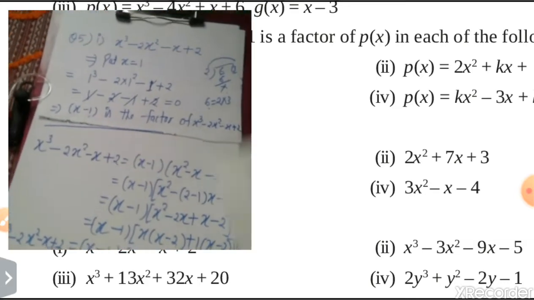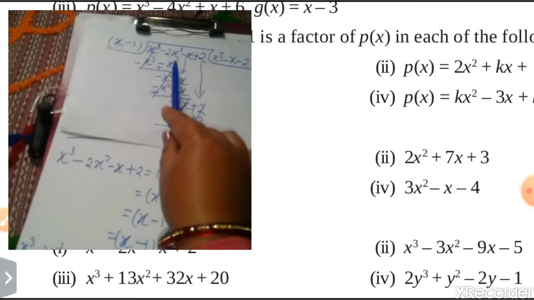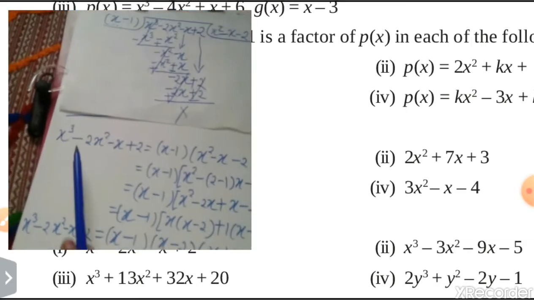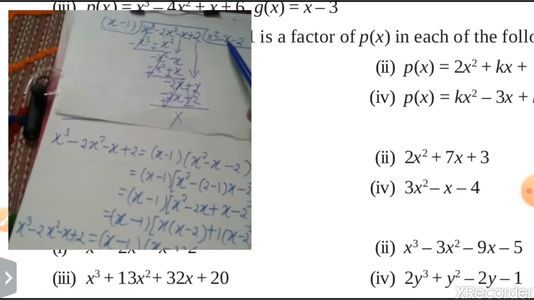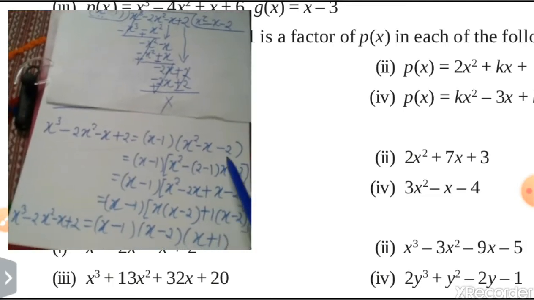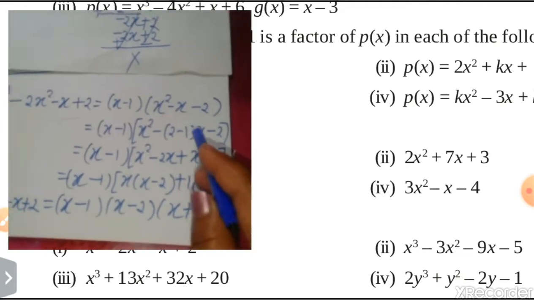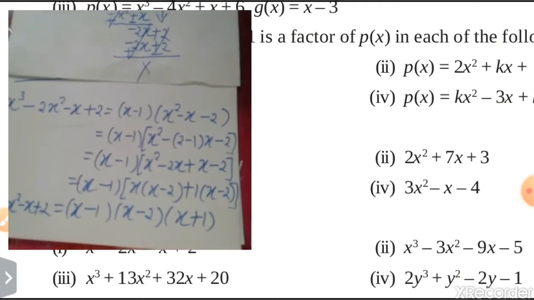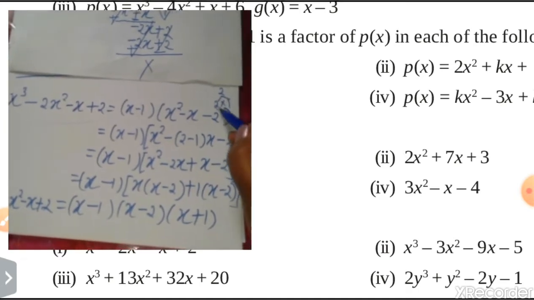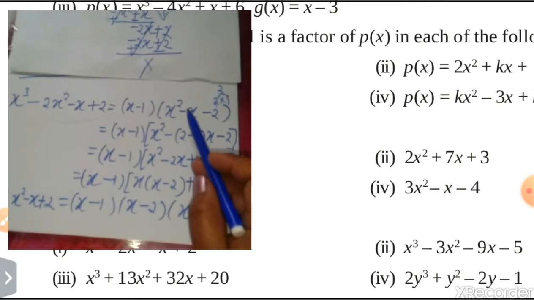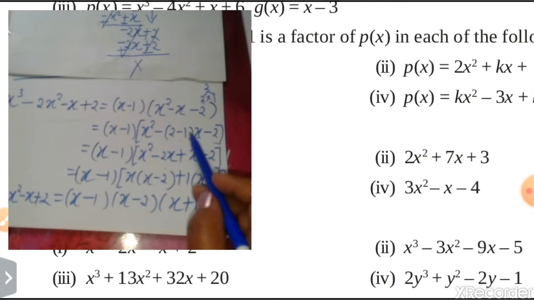So what will we do? You can see that after this process, this is equal to this multiplied by this. So this whole polynomial is equal to x minus 1 multiplied by x square minus x minus 2. By the other process you know very well, by splitting the middle term, we will solve it. We will factorize 2 in such a way that we get 1: 2 ones are 2, and 2 minus 1 is equal to 1. So in the place of 1 I can write 2 minus 1. By x I will multiply here, it will be minus 2x and plus x.